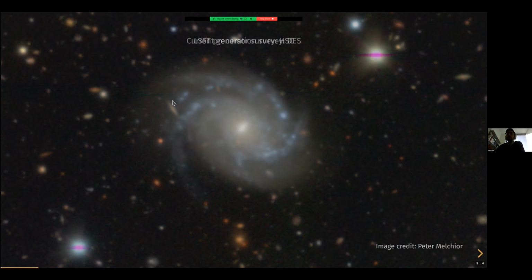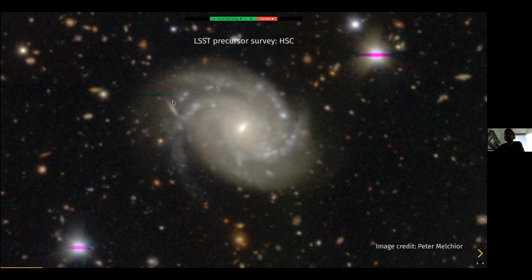And if you move towards the data quality of next generation surveys like the Rubin Observatory will be able to do, you see that now the sky becomes very complicated. The galaxies have details, have complex morphologies, and they all start to overlap all over the place on the sky. So if we want to make very precise measurements of the properties of each of these little galaxies, it becomes very difficult to analyze these images. So this is just a metaphor of how complex the data analysis becomes at all of the stages of the analysis pipeline, and it starts at the level of these images here.